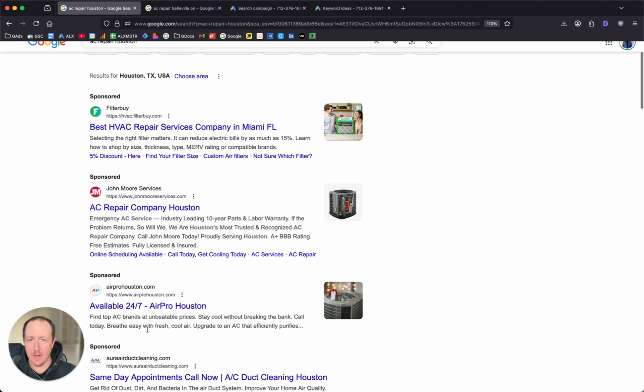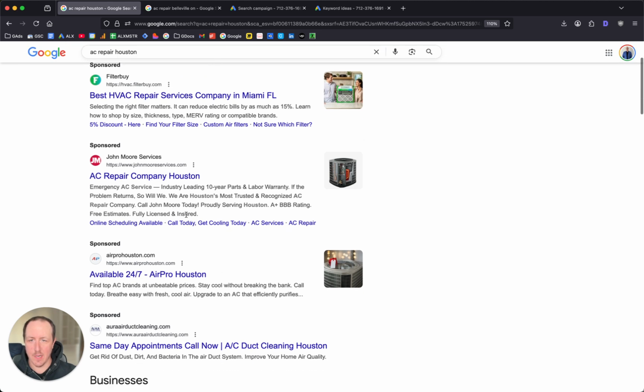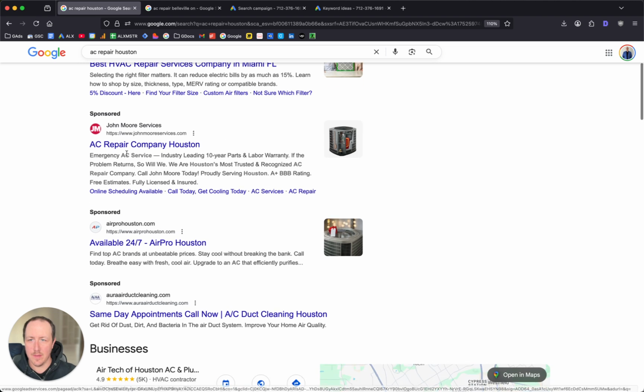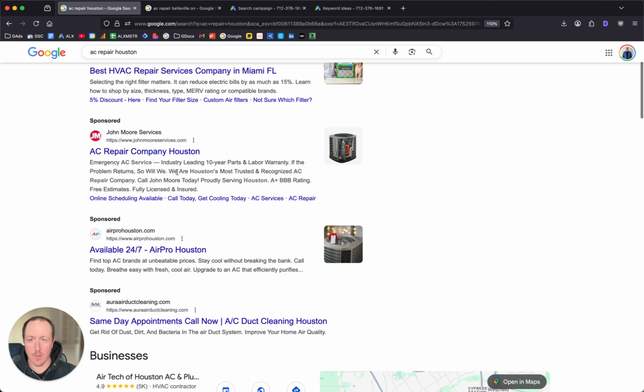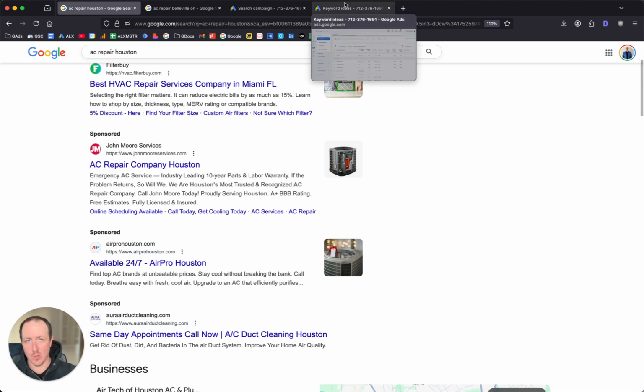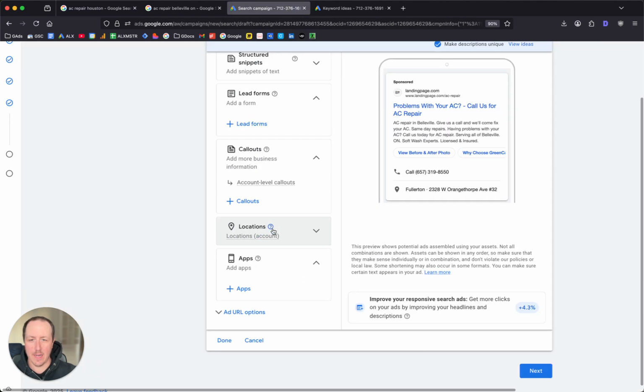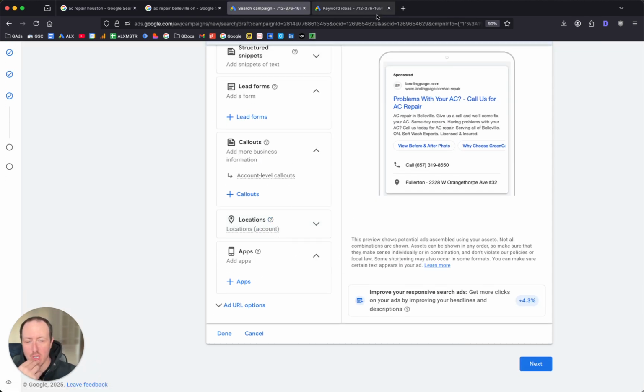right, this ad right here takes up far, and this has callouts. This ad takes up far more space than this ad. So which one are you more likely to click? Probably this one. It also mentions AC repair, which is really good, right? And now at this point, the ad is published, but let me just quickly show you how to set up